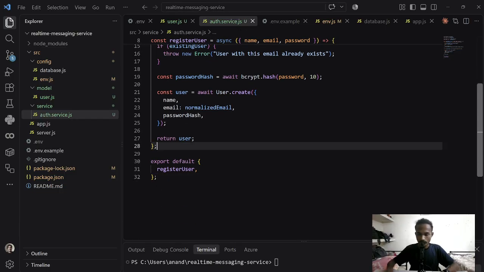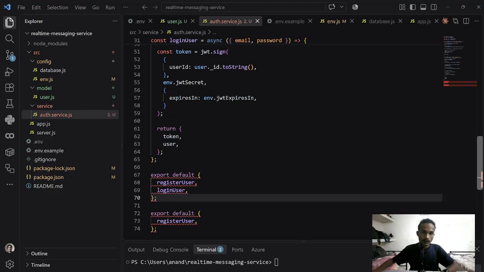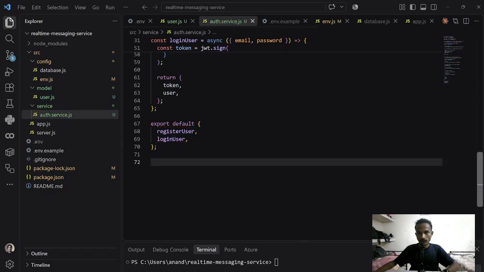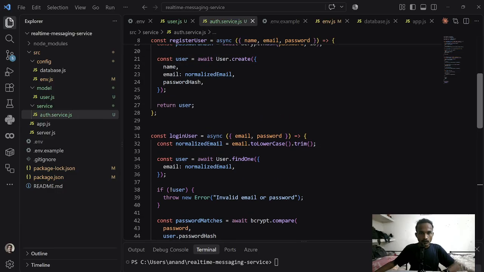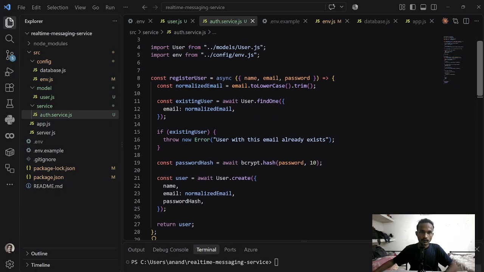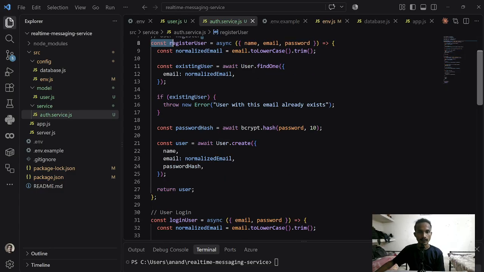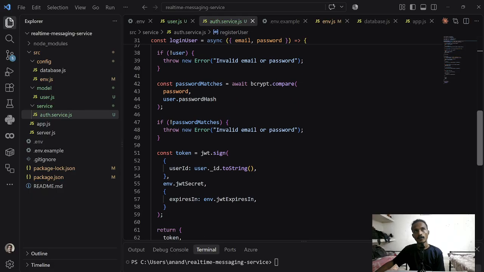Export default. Nope. Okay, now we are good. Let's create a commit: user login, right? And this part is user register, right? Now we have user can register, user can login, and now we have left user can log